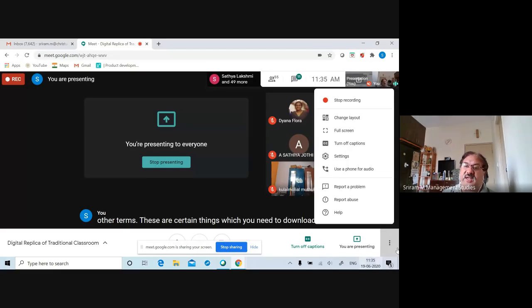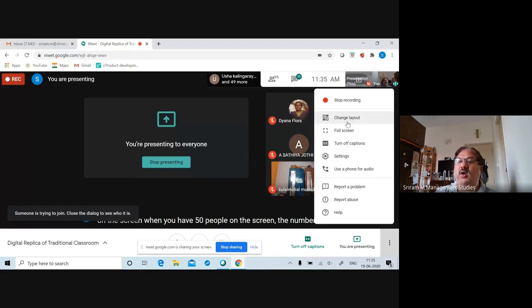There is a particular icon called grid. The moment you go to grid, if you download that, you will be able to see more number of people. But the only problem is all will be small icons. Because when you have 16 people on a screen, versus when you have 50 people on a screen, the size of each automatically gets reduced. But all these are add-ons which you need to actually